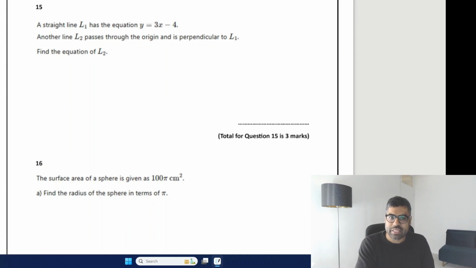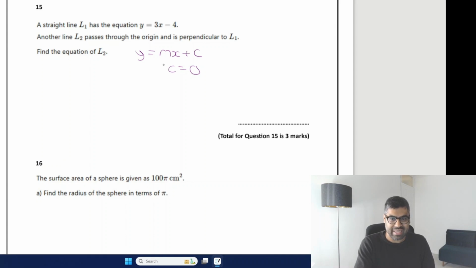So remember, the two bits of information we need to work out any equation is we need the gradient and we need the y-intercept. So the y-intercept we can actually get straight away because we know it passes through the origin. If it passes through the origin, that means the y-intercept, our value of c, must be equal to 0. So all we need now is the gradient. Now how can we get the gradient? Well, they've told us the line 1 has an equation of y equals 3x minus 4,